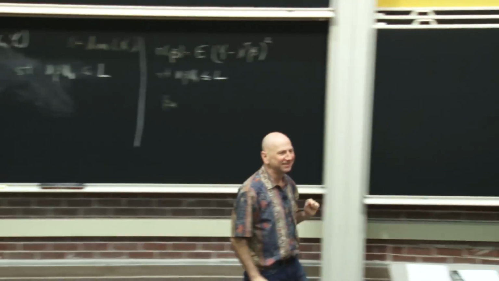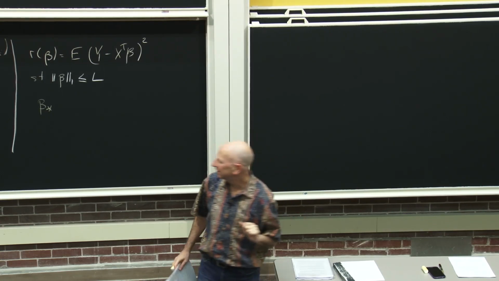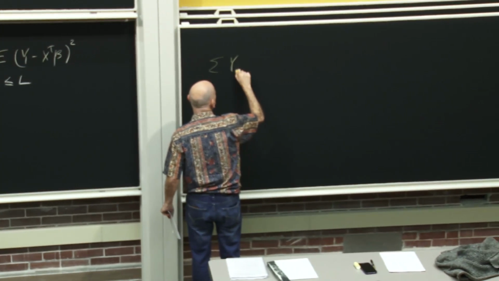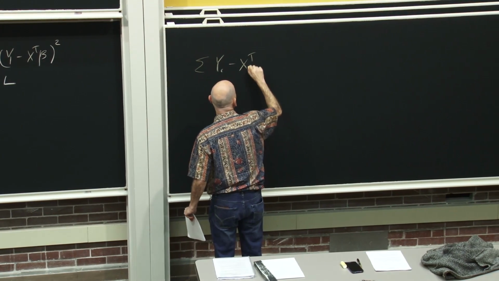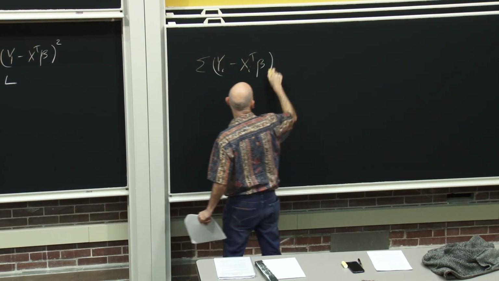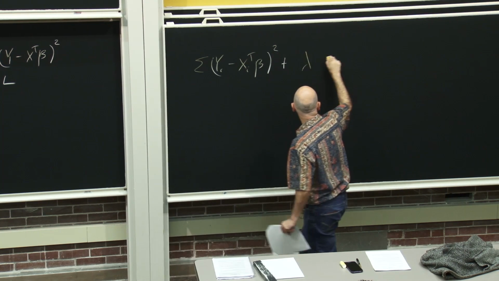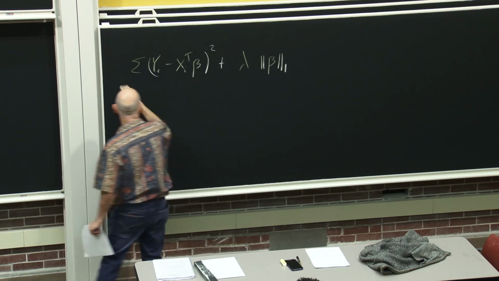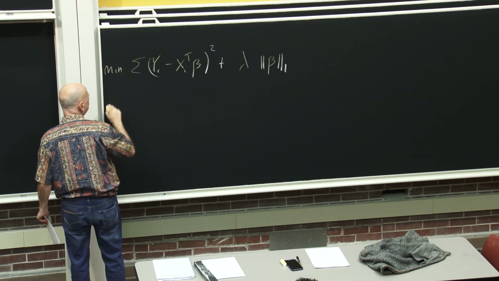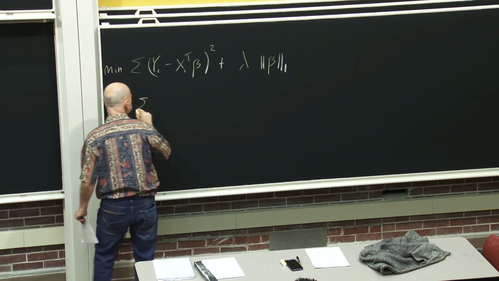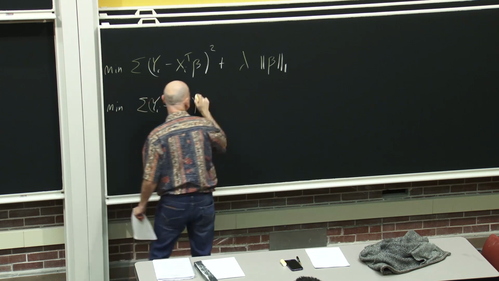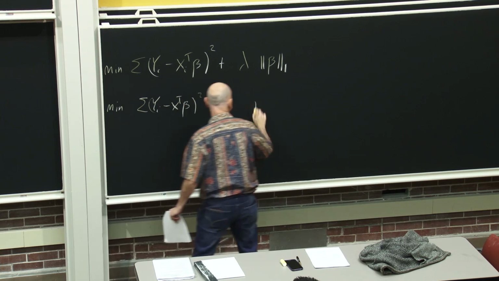You have written a hard constraint. What's the relationship between the hard constraint and the penalized constraint? Yeah, that's a good question. So there are two ways that the lasso, or many problems, are written. One is this, and the other one is, so minimize this over beta. The other one is minimize this subject to